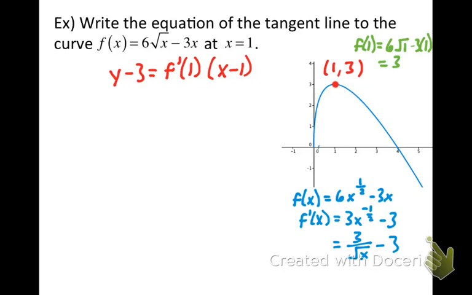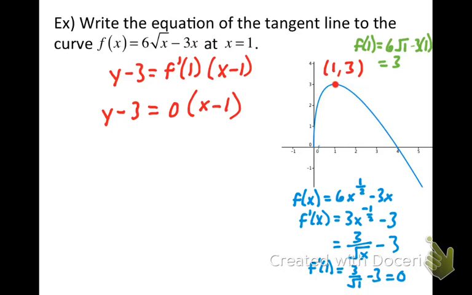And then the last thing we need to do with this is plug in the x value from the point of tangency so that we can see what is the slope of the tangent line at that point. So we're going to figure out what f prime of 1 is, which is what we've been saying all along we were going to do. And f prime of 1 is, of course, going to be 3 over the square root of 1 minus 3. Now that's really just 3 minus 3, or 0. And so the equation of the tangent line could be written as y minus 3 is equal to 0 times